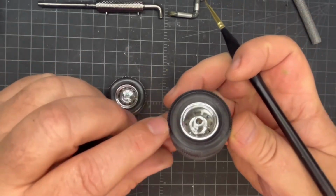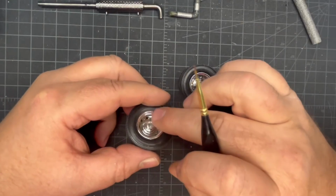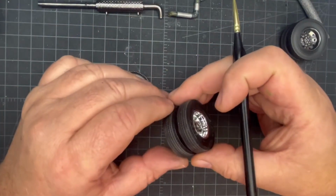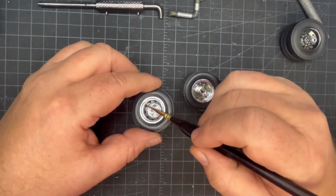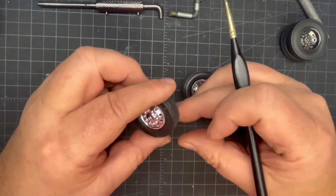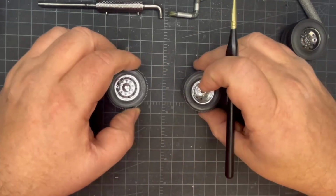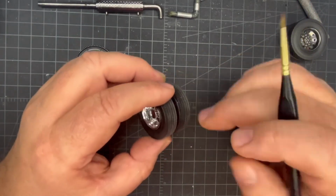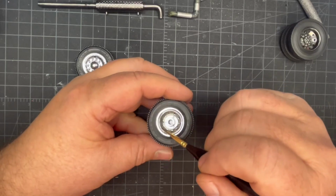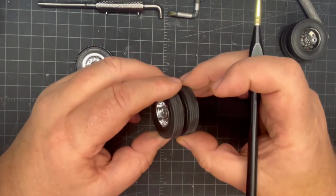These, the inner wheels, are even thinner than this beauty ring. And man, I'll tell you what, they did not want to lock in. So I did the same thing with them, with just the Quick Shine, because I didn't want to use super glue or anything like that, because I didn't want it off-gassing and messing up the chrome. So the same thing here. I got that Quick Shine into here all the way around,